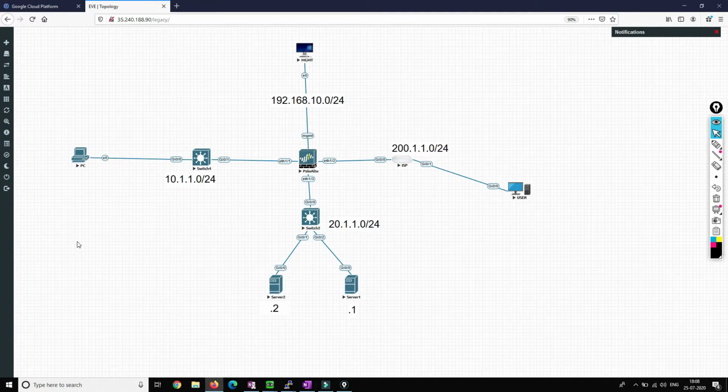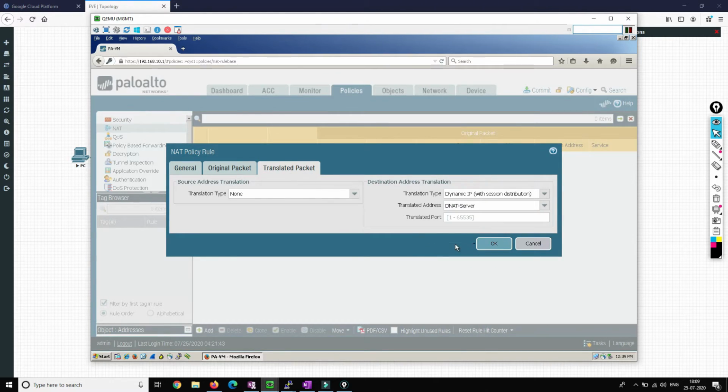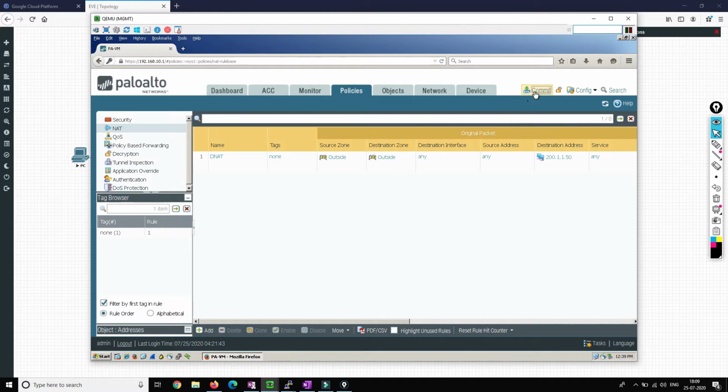The IP addresses that we have are 20.1.1.1 and 20.1.1.2, right? So this is the range that we have. We'll click OK, and we'll do a commit.